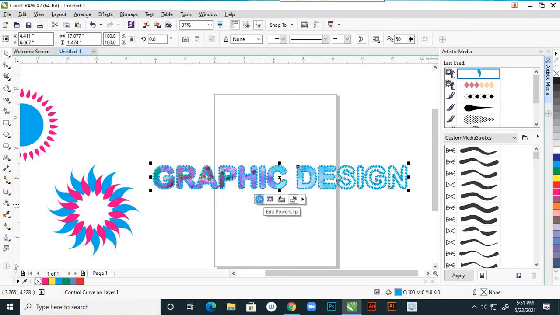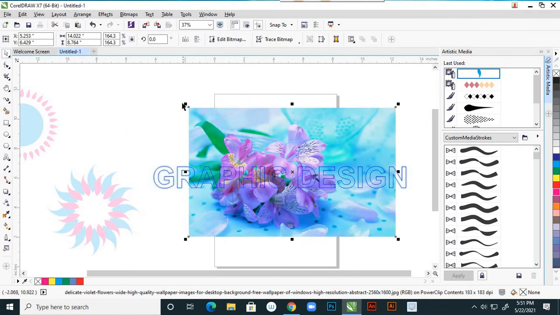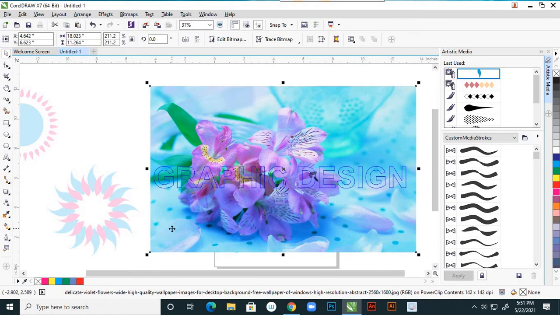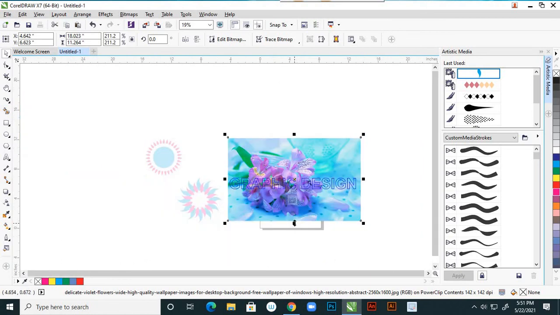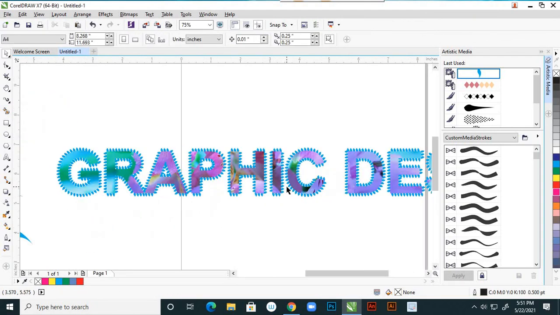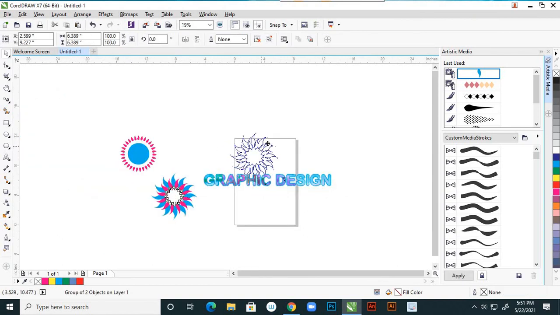And here again edit PowerClip and keep this to the entire picture. Edit your entire PowerClip. See, this is excellent, wonderful, the designs you can create.